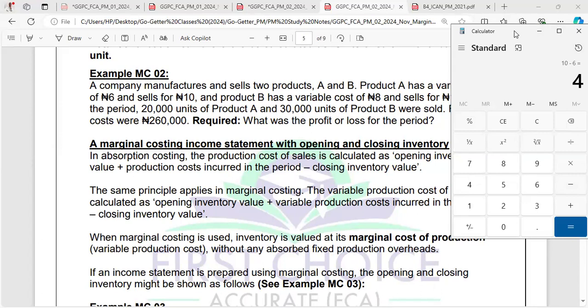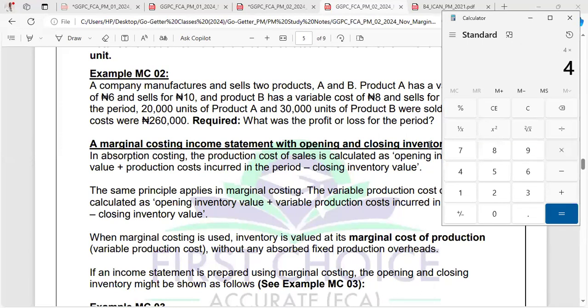Now, when we have the contribution, how many units of product A was sold? Product A, we have 30,000 units. So I'm going to multiply it by 30,000 units. It means that product A had a total contribution of 120,000. Let me store it in my memory. 120,000. Now, product B. Product B sells for 15 naira